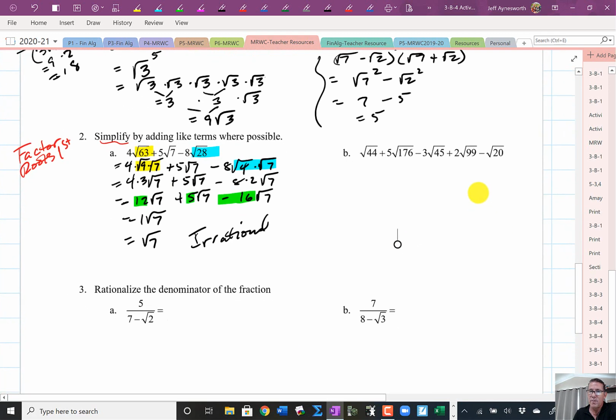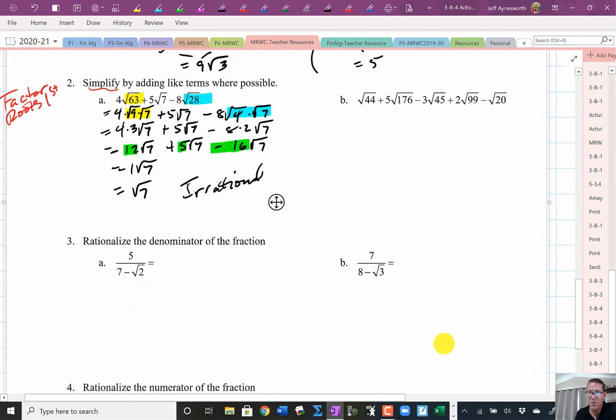Okie dokie. Let's continue. We got just a few more to do. All right, again, simplify. So this is equal to root 4 times root 11. 4 times 11 is 44. Plus 5 times,